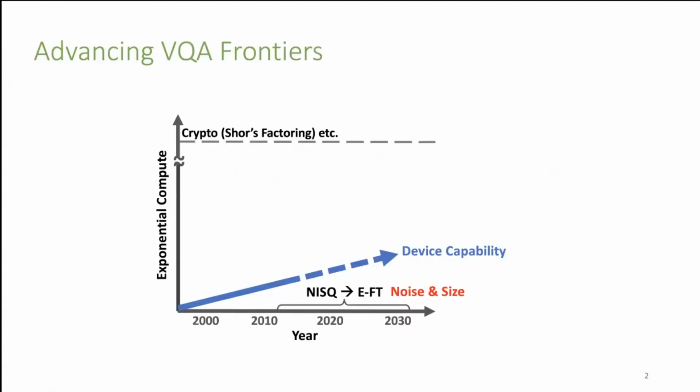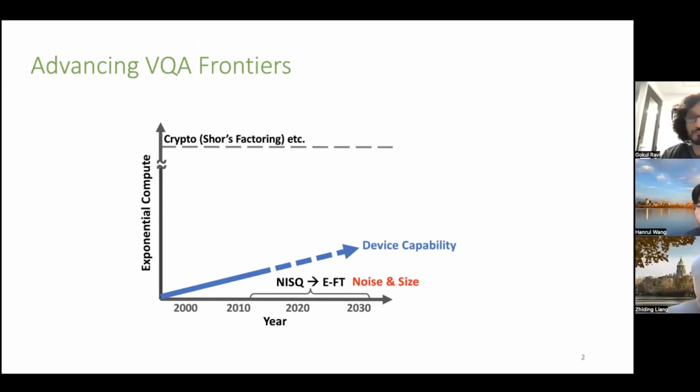So today we are in the NISQ era, and we are soon moving, hopefully, into the stage of early fault tolerance. And the characteristics of this entire regime would be some amount of noise. So in the NISQ era, of course, there's a lot of noise. And even in the early stage fault tolerance, you can assume that the logical error rates you're able to achieve are still pretty